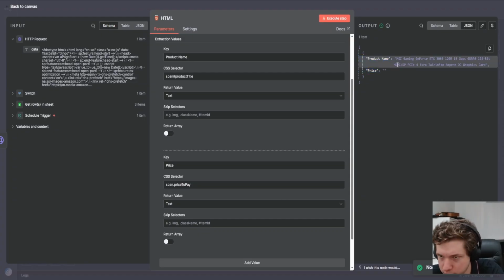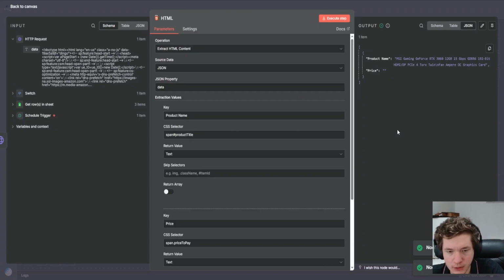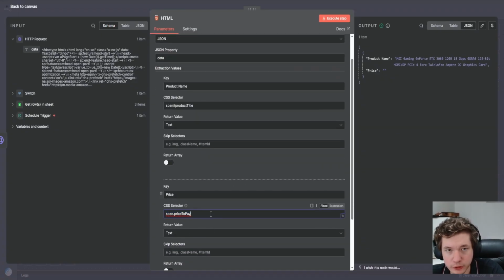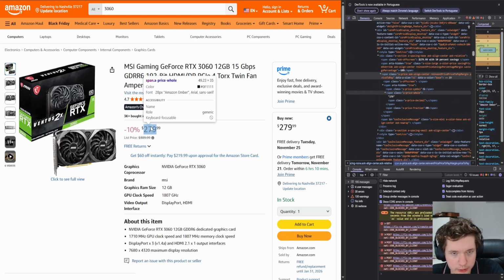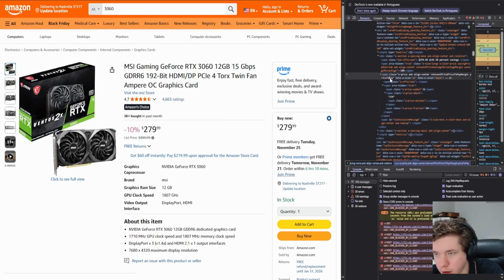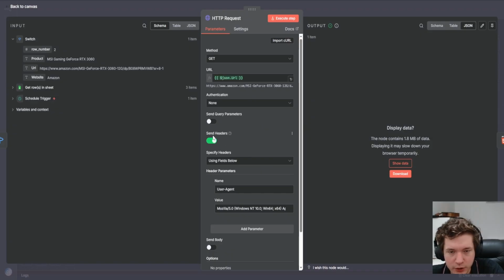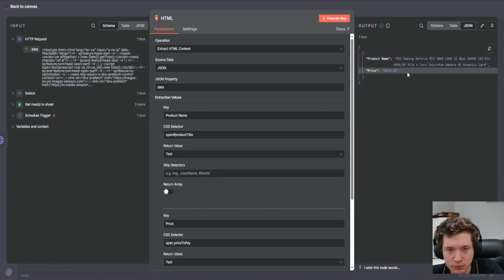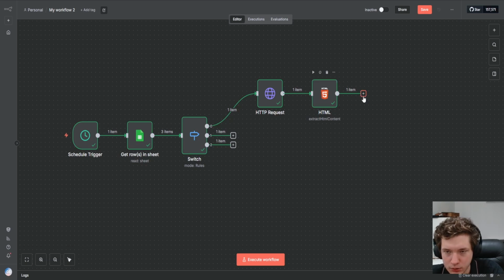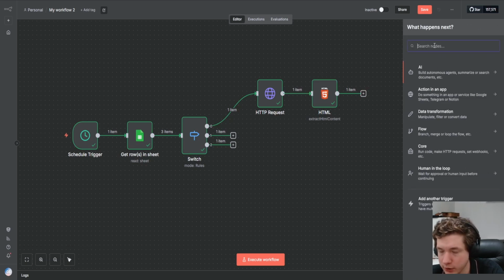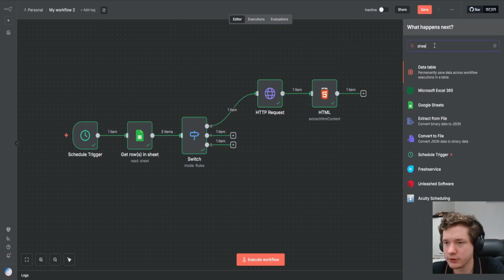The price didn't work. We got the product name but not the price, so we're gonna go back here. So we can't get any results with the price to pay, even though we saw that it is in the price to pay tag, and it's probably we didn't set up any headers in our requests. So we need to send a header to masquerade ourselves, trying to say that we are an actual user to the website, and it gives us the full HTML that we need. So we have the price here with that header, and we can add now the Google Sheets